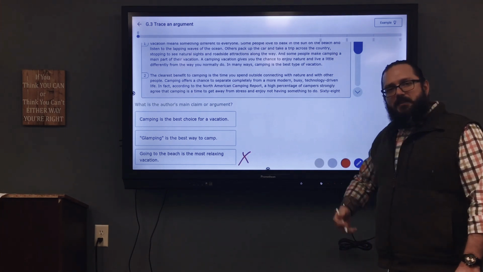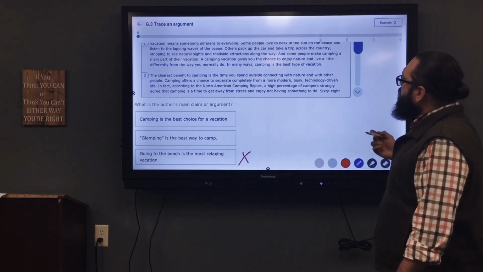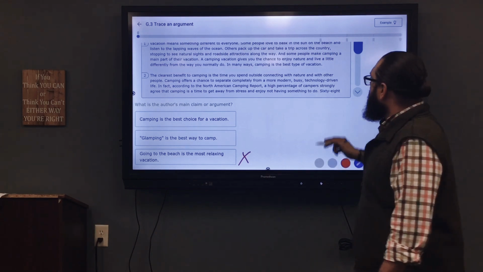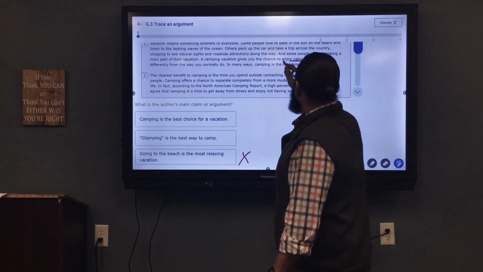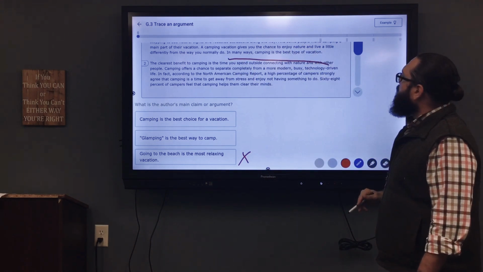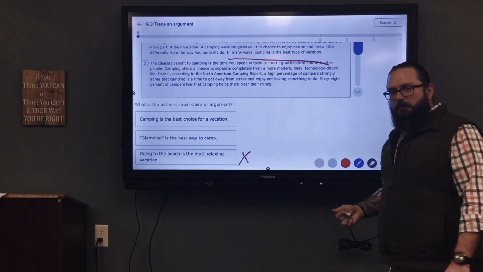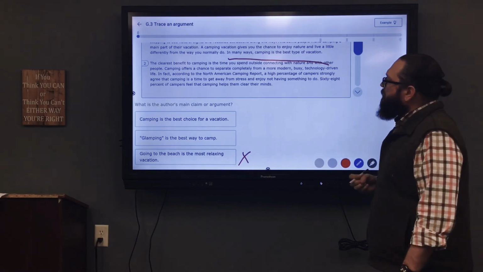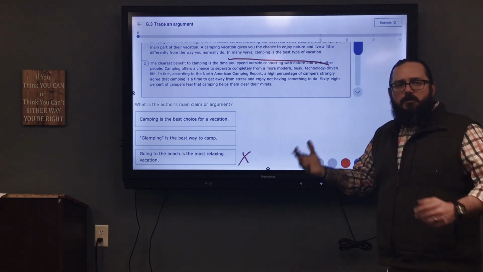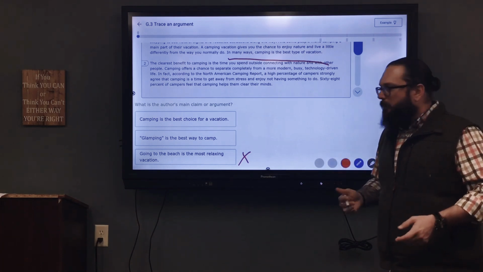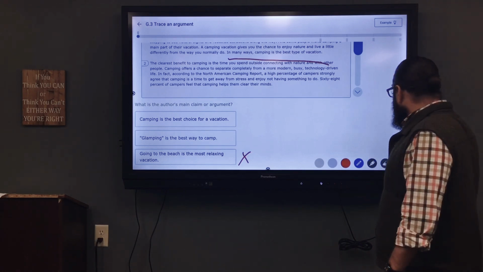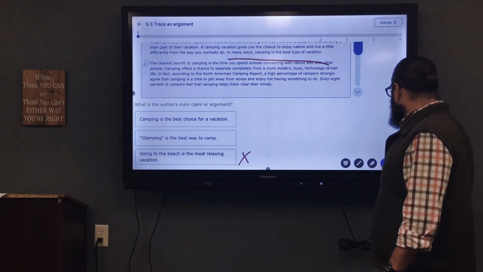Overall, we know that this passage is about camping, and the author's main claim is stated at the end of the first paragraph. In many ways, camping is the best type of vacation. So if camping is the best type of vacation, how does the author support it? Well, the author goes through and talks about the different ways that you can camp. Does the author support this idea that glamping is the best way to camp? Well,